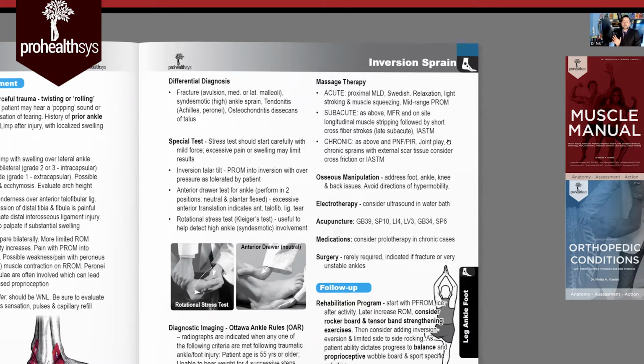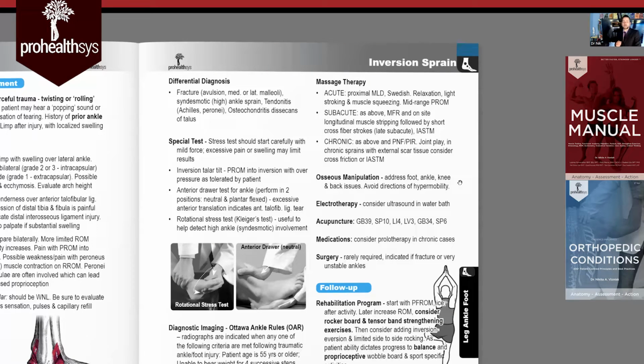I'm a big fan of instrument assisted techniques because I feel like every stroke is more efficient when I'm doing that. Chronic, you can be looking at proprioceptive neuromuscular facilitation. You can also be looking at contract, relax, different movements. Joint mobilizations are going to be great for these people. IASTM again. And then osseous mobilizations that address ankle, knee, hip, low back, SI are going to offer benefit as well. Try not to force this person in directions of hypermobility and focus on moving them into areas of hypomobility